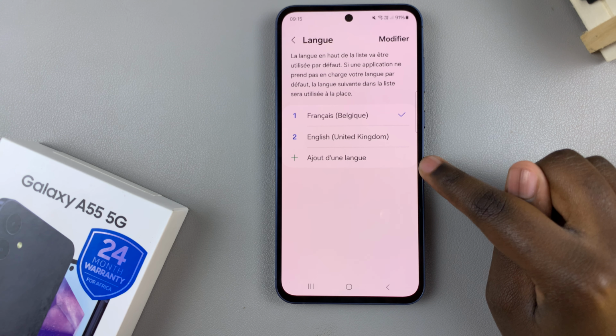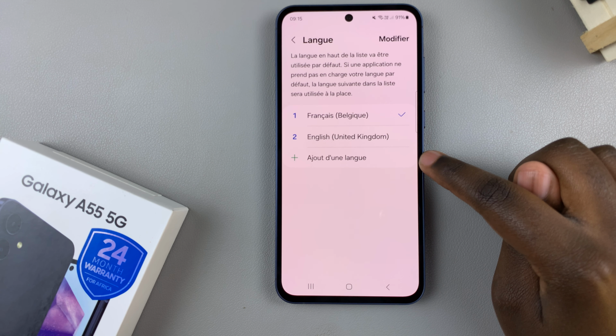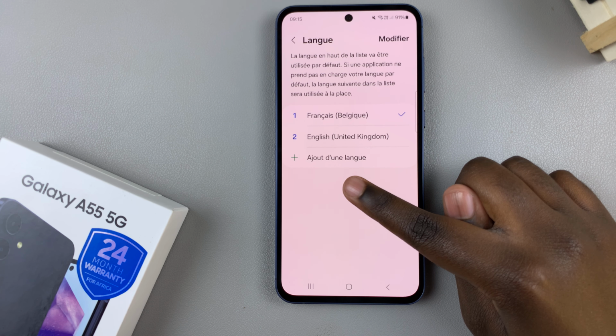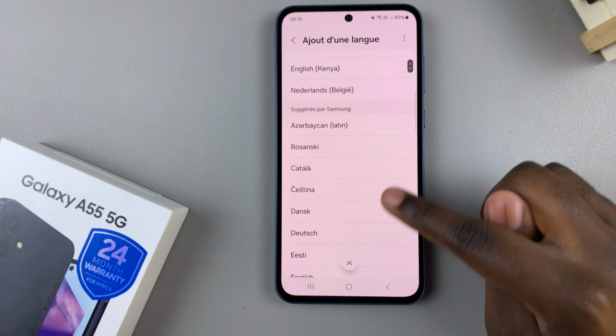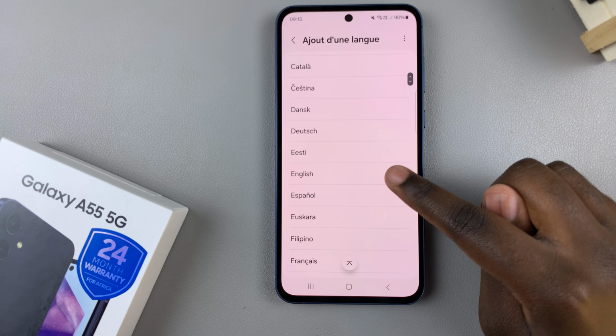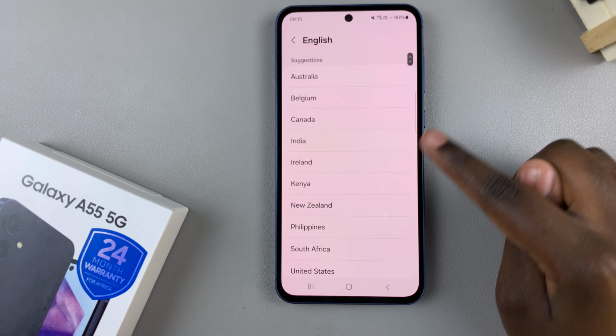If you can't find the default language in this list, tap on this option, which is always add language, and then look for it here. Once you found it, select the region,